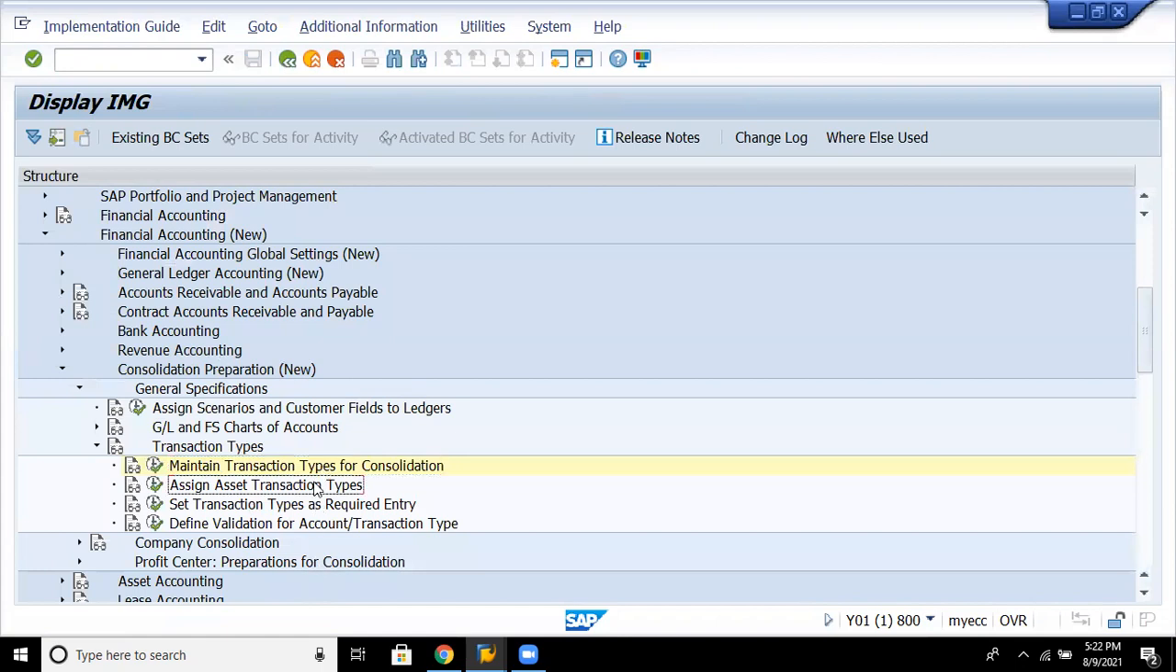Now assign asset transaction types. So basically here we should understand that transaction types are basically assigned to your asset accounting. So what asset accounting, new asset accounting configuration, we are going to work on it, right? So here, basically transaction types, if you remember in our ECC, we used to update the transaction types when we configure or when we try to post the entries. For example, if you're posting any entry, then here we are going to maintain the transaction types, right? So here also